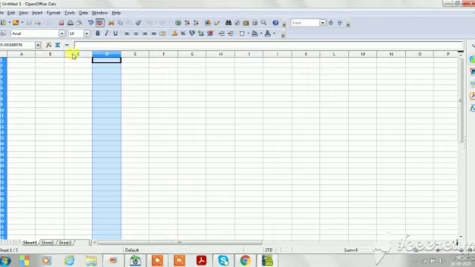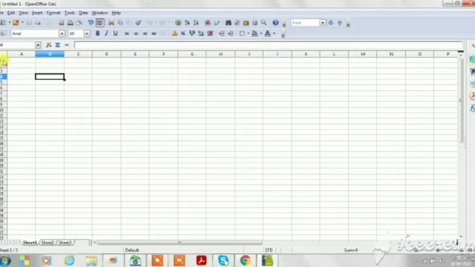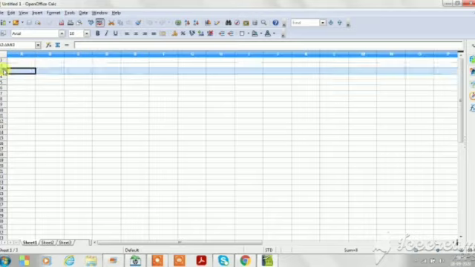A, B, C, D, E, F, G, these all are column headings. Next is the row heading. A row number on the left side of the grid is also called the row heading. It identifies each row.